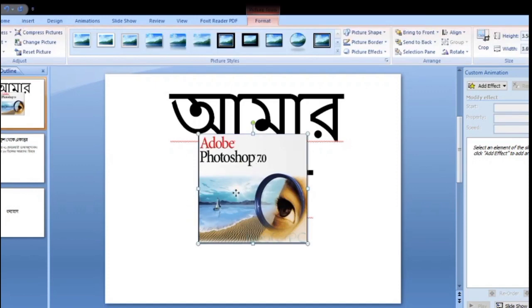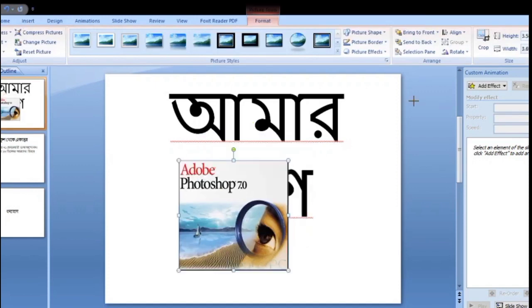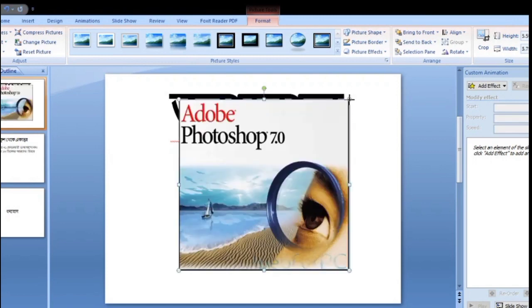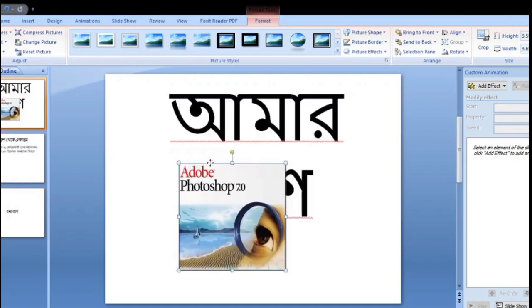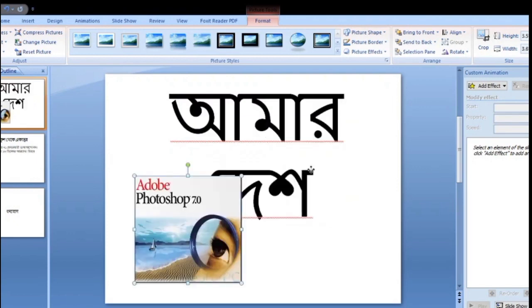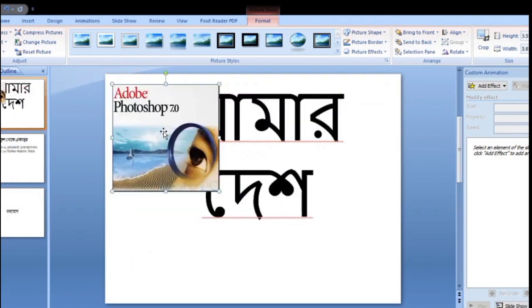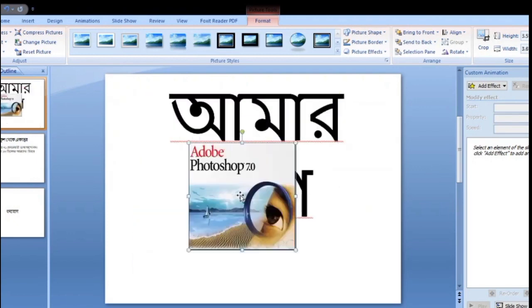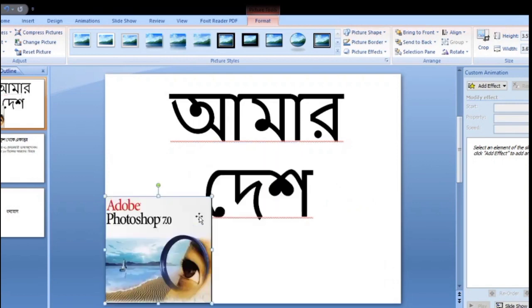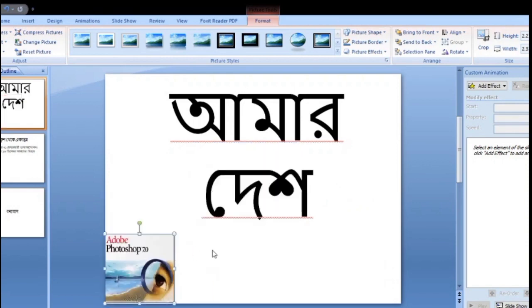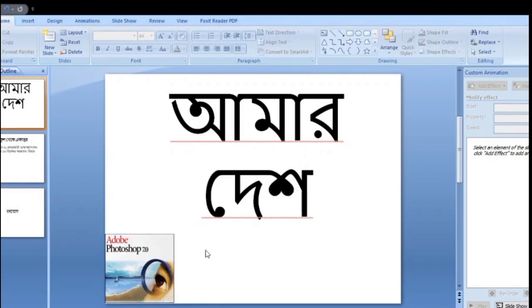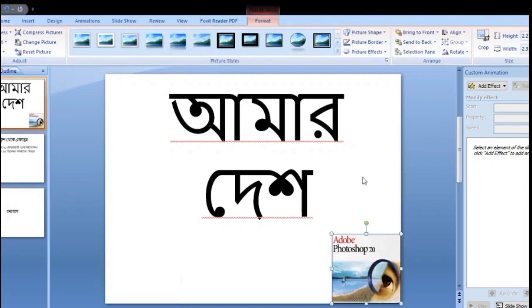Use resize to make it larger or smaller, and drag it to any position if required. I placed this image in the right corner of this slide.